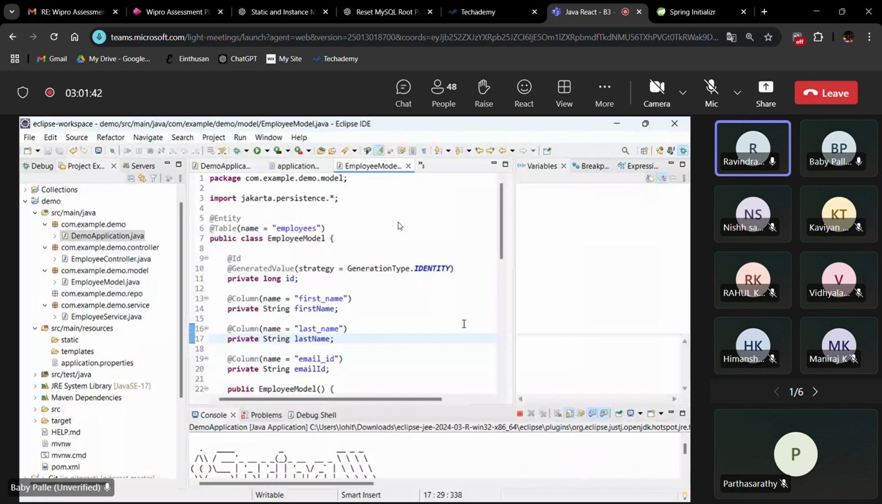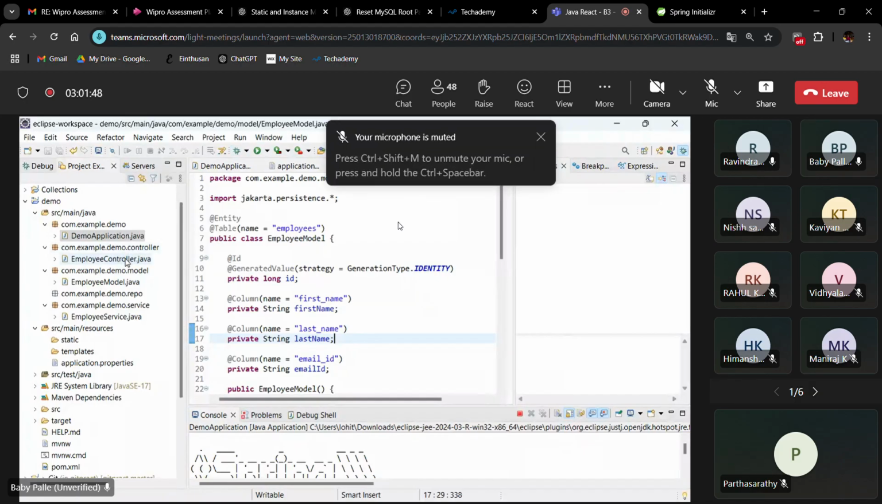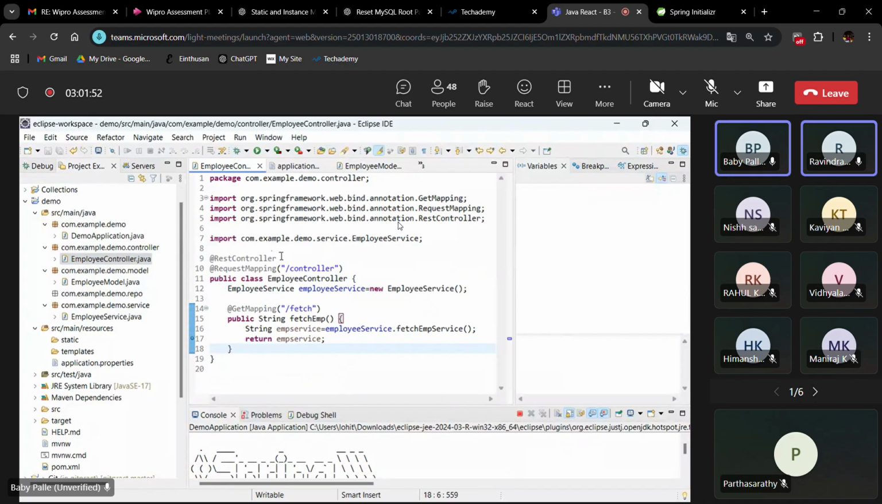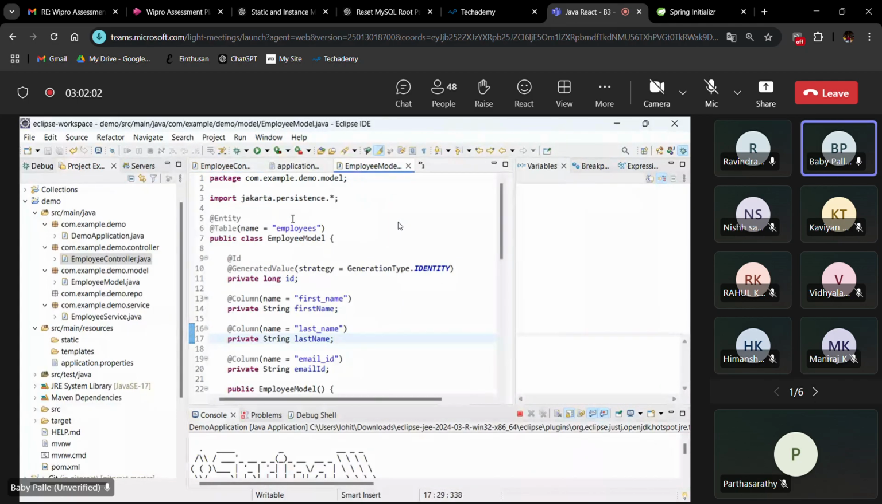So to make this class a controller, we can have... Just tell me, to make the class a controller, which annotation have we used? REST controller. Is it? Controller. The same way, go to the entity class. To make this class an entity,